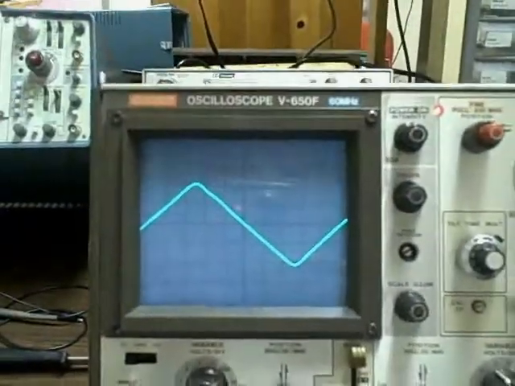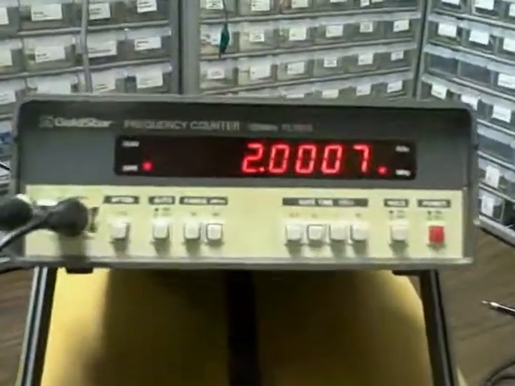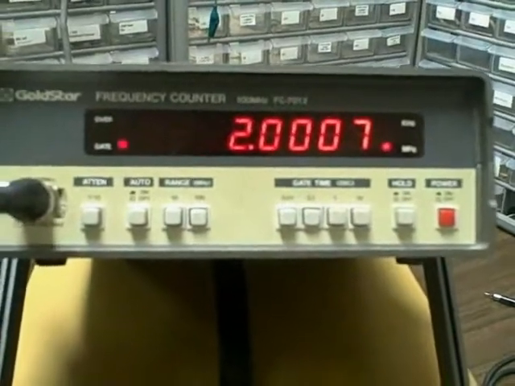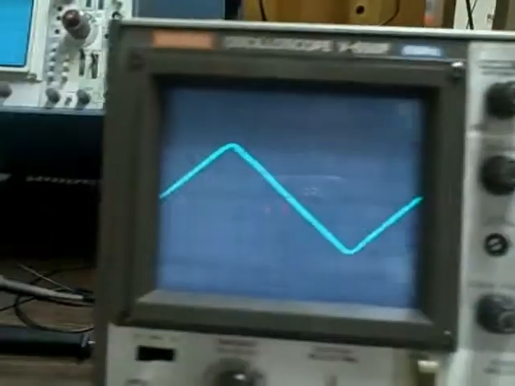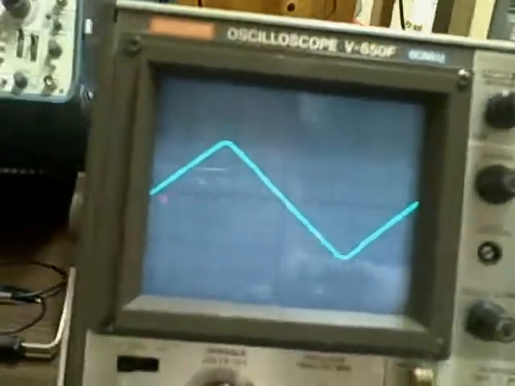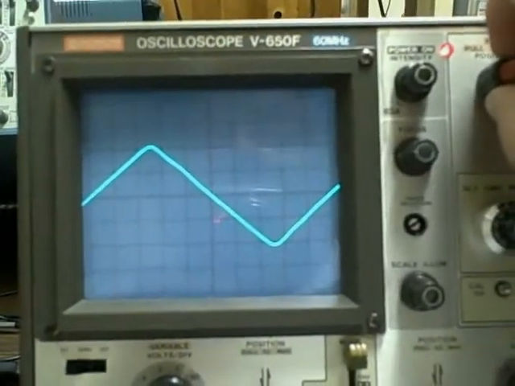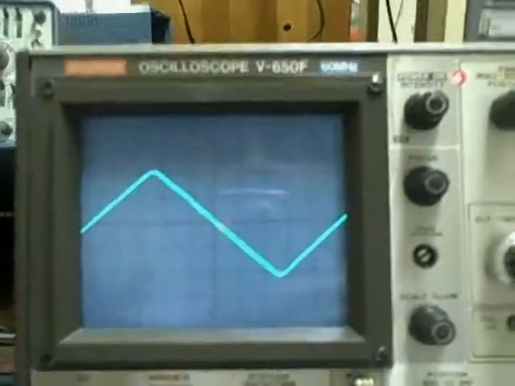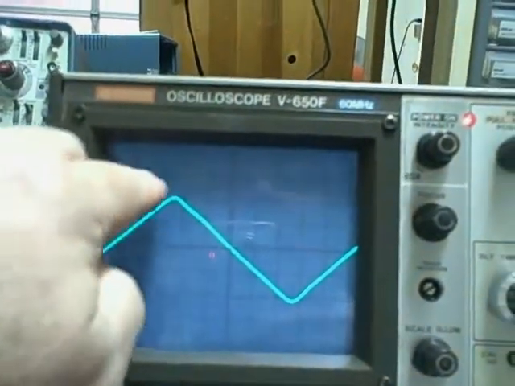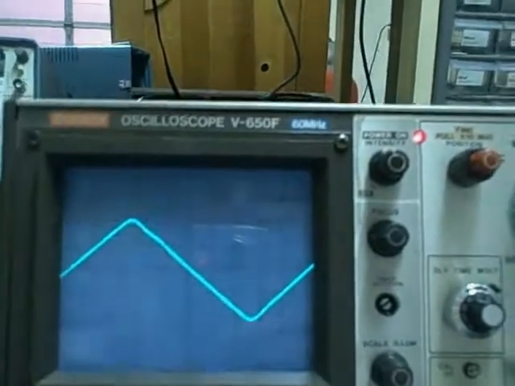Alright, what we have on the screen right now is a 2 megacycle signal, and we are at the 50 nanosecond position, so 50 nanoseconds per division. Like I said, we would get one cycle displayed on the screen in 10 divisions, and that's exactly what we have here. There's one complete cycle in 10 divisions,